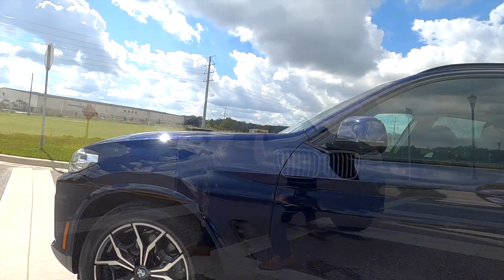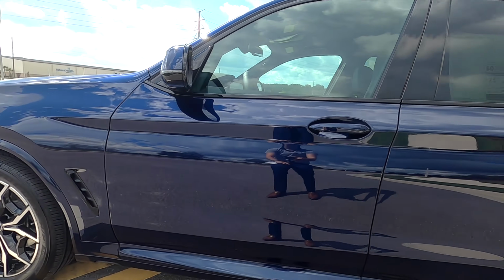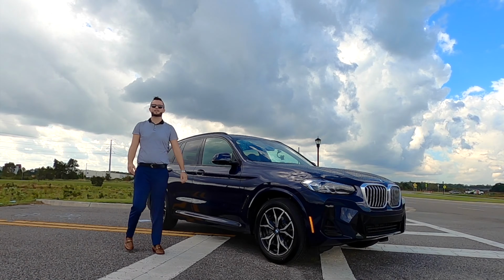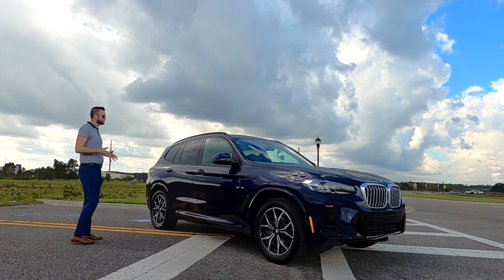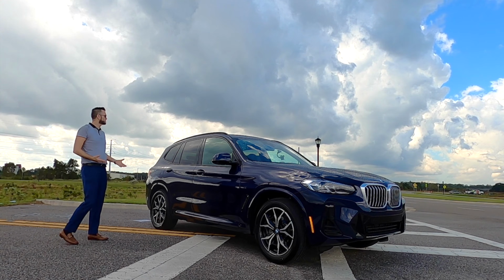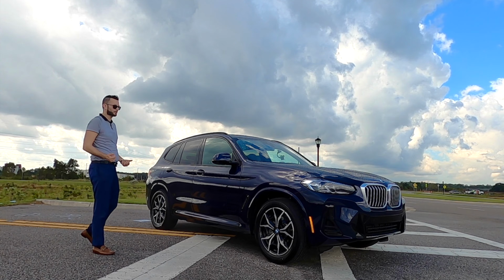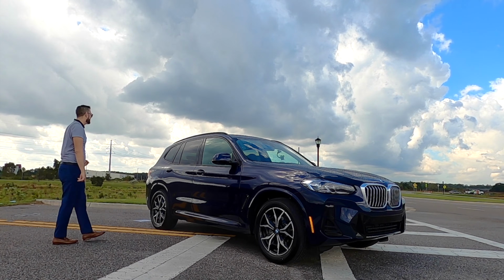You get the gloss black and that satin aluminum for your air vent. The side curtain bulges out. The longest in the class at 185.9 inches, a wheelbase at 112.8 inches. But the difference between this and the rivals, you're going to have a more traditional setup. It's going to be raised up for the clearance, and you'll have an aggressive fascia